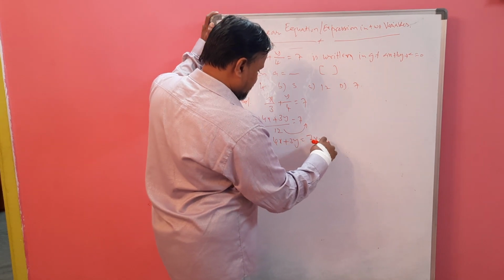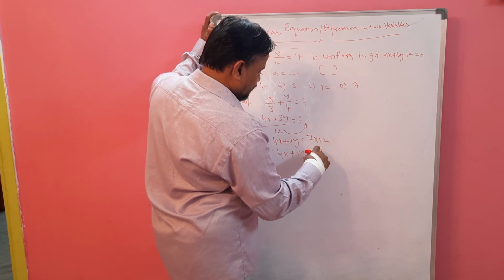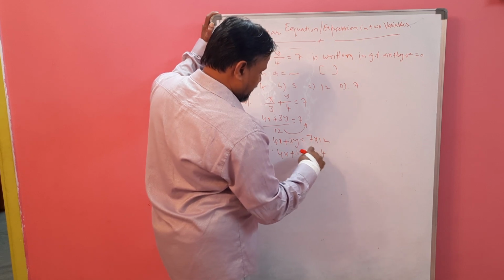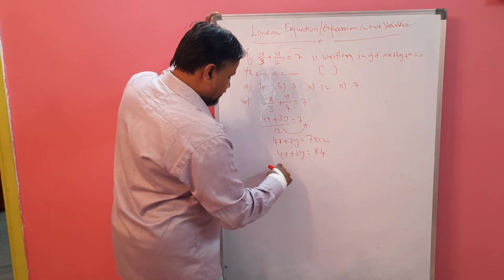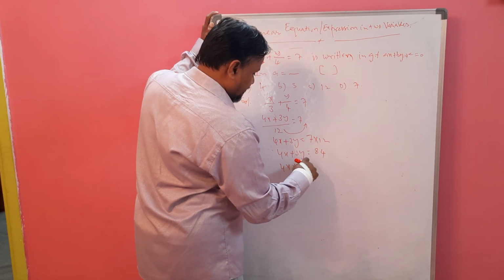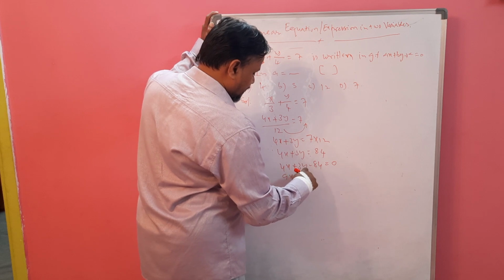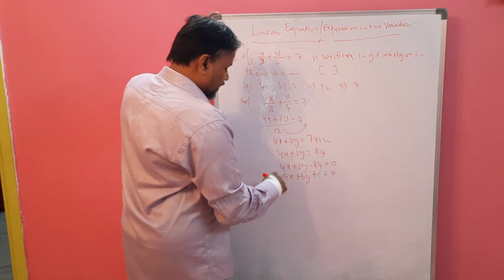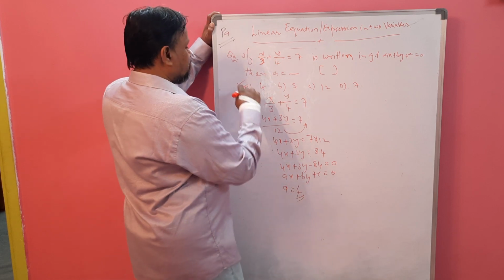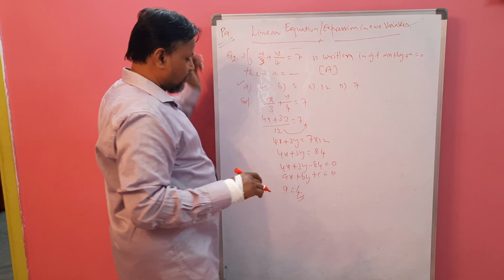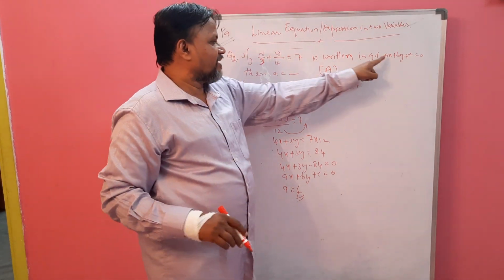into 12. Okay, so this is again 4x plus 3y equal to 7 into 12. 2 sevens are 14, carry 1, 7 ones are 7 and 1, 84. Now write it in this form: 4x plus 3y minus 84 equal to 0. ax plus by plus c equal to 0. What is a here? a equal to 4. So the first bit is here, the answer. A is the solution. Like that we can change this form of equation into general form.